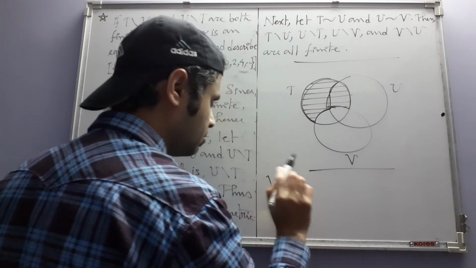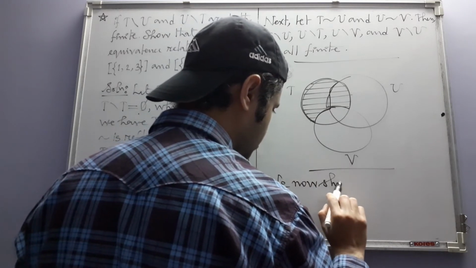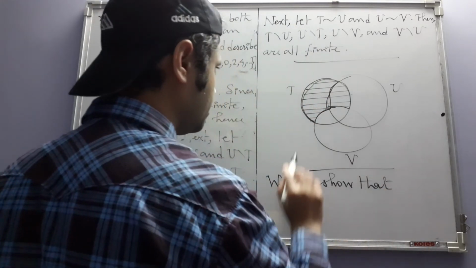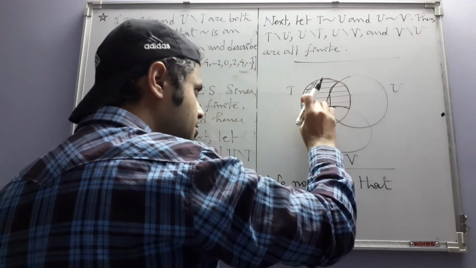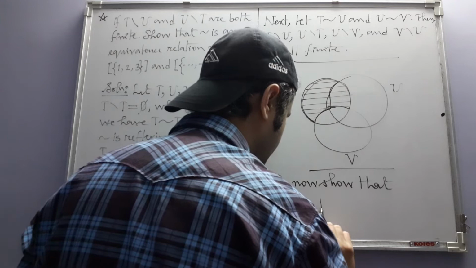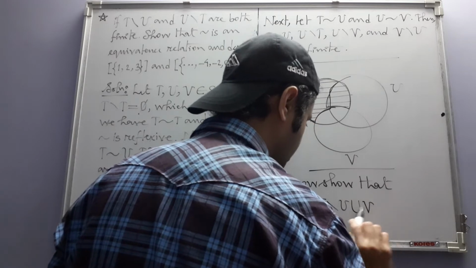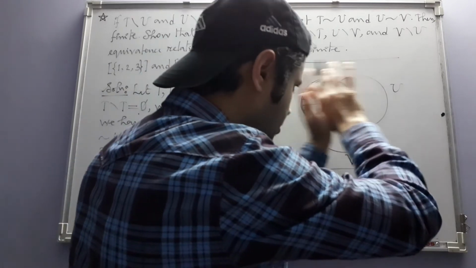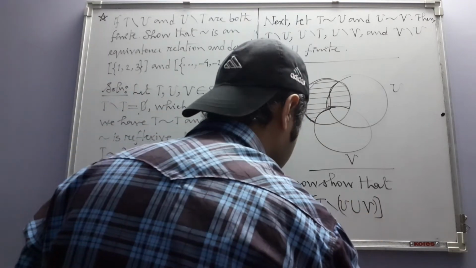From this Venn diagram, we now show that T difference V is this part which has the elements that are in T only. And how shall we write that part? T difference (U union V). From T we have removed U as well as V, and that leaves us with the elements that are only in T, and union